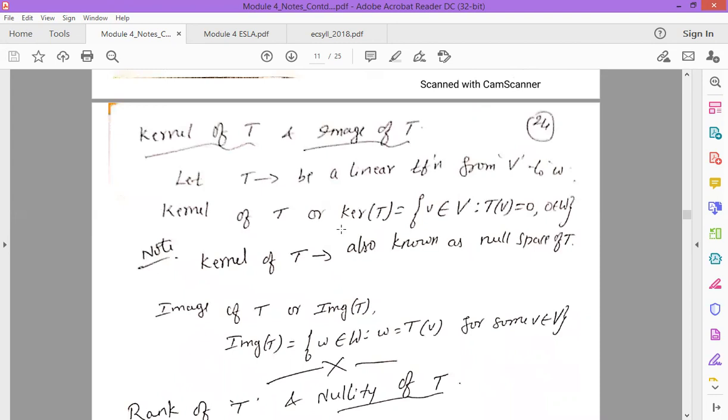And the next one is kernel of T and image of T. So here suppose we consider T as